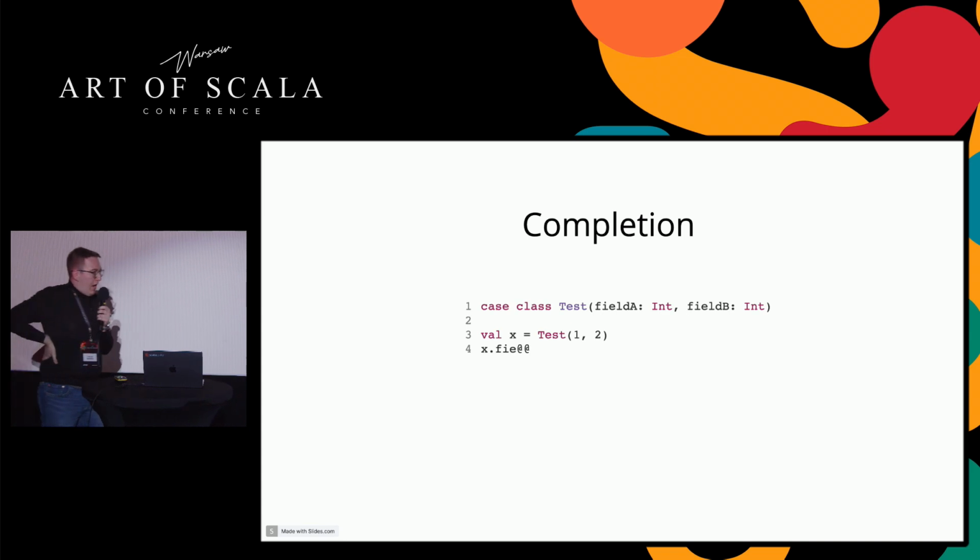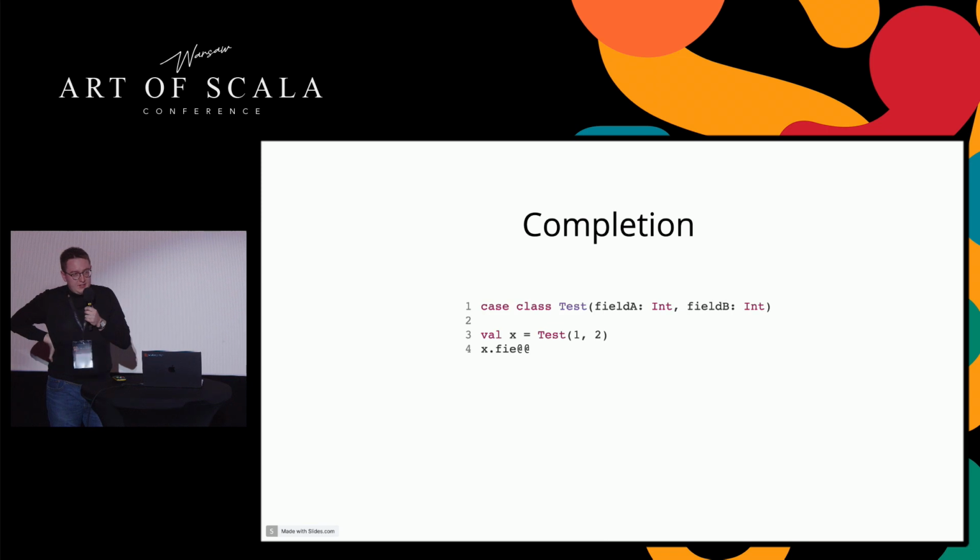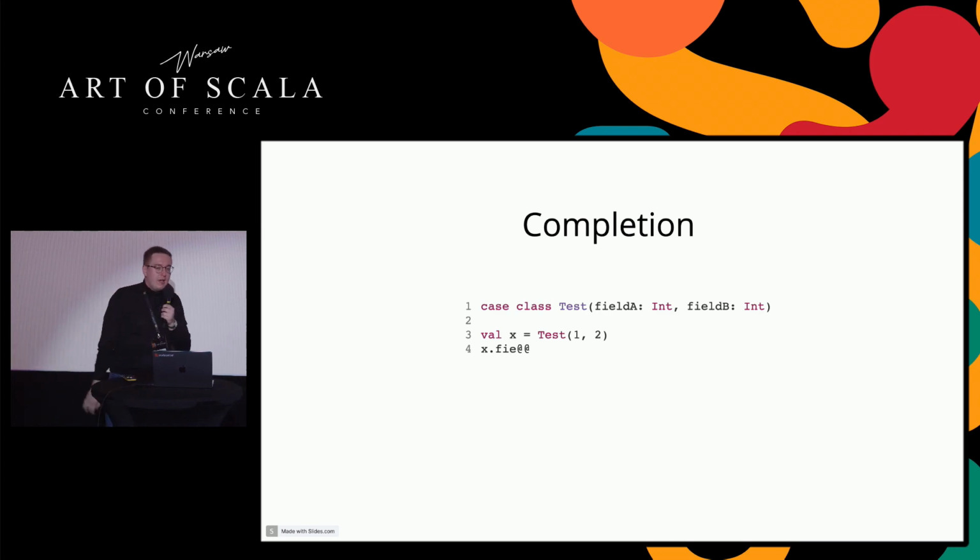So how would it be done in the compiler? Code is internally represented as a tree. We need to parse it into those trees, and then we need to run a type checker. The side effect of this type checking is a context, a state of the compiler. And we will use this state to basically query for the proper symbols. So in this example,